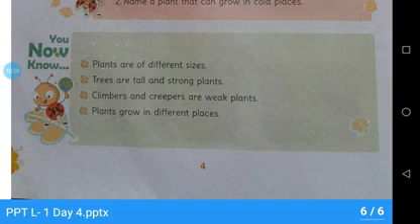So that's all for today. Children, now whenever you will get your books, you are going to read this lesson again and again so that you can understand it well and you can learn the words when I will give you in written form. Not now, but just keep on reading the lesson.